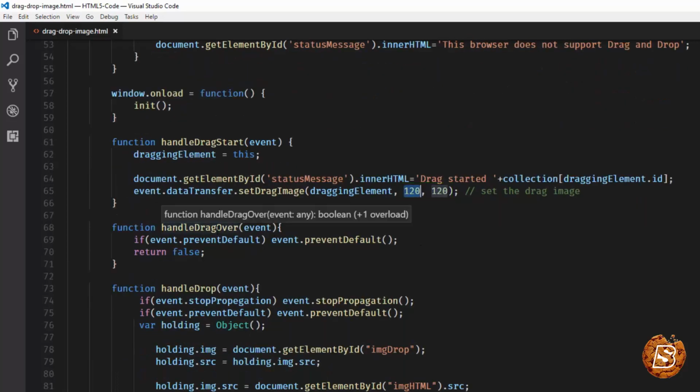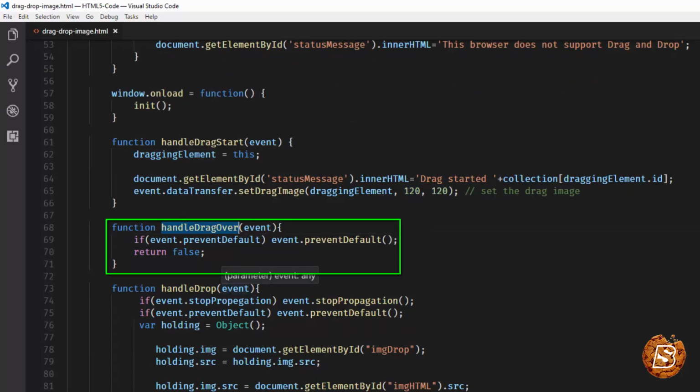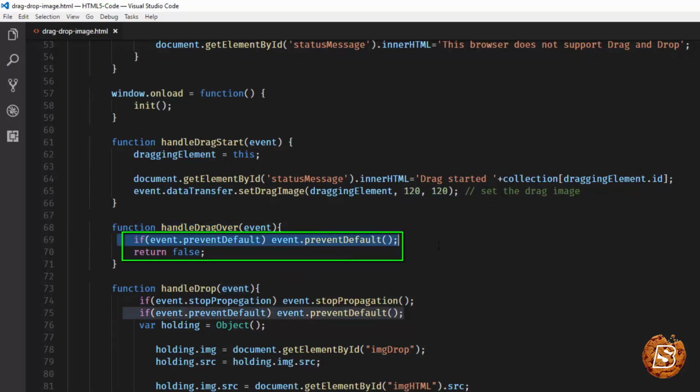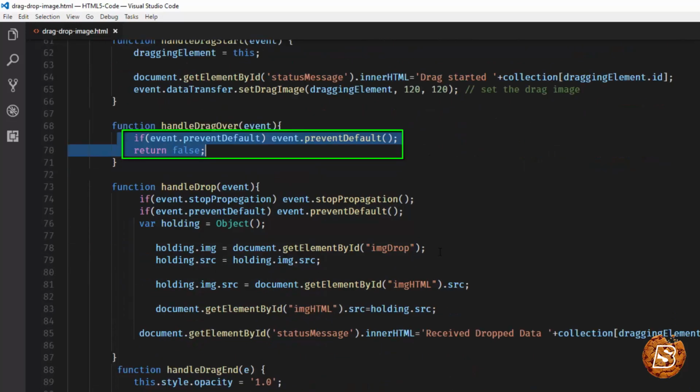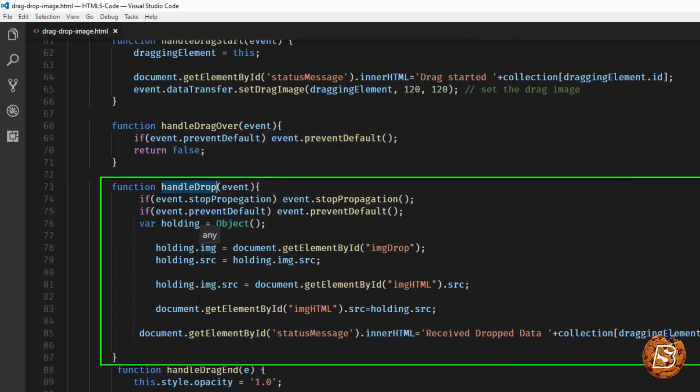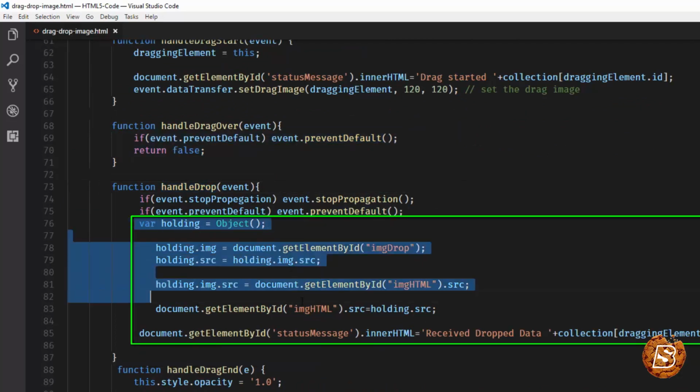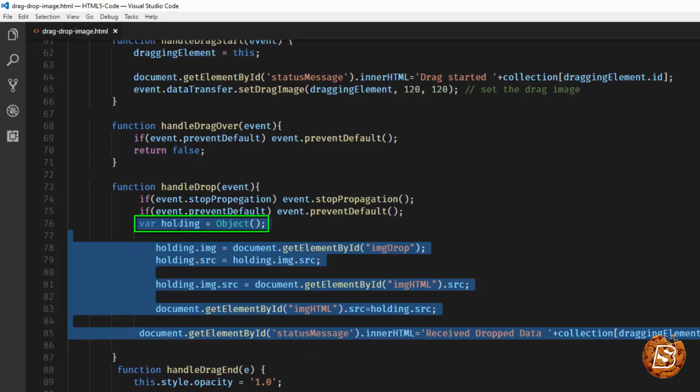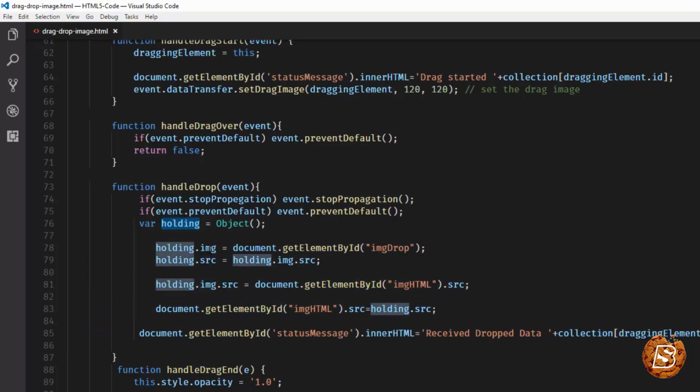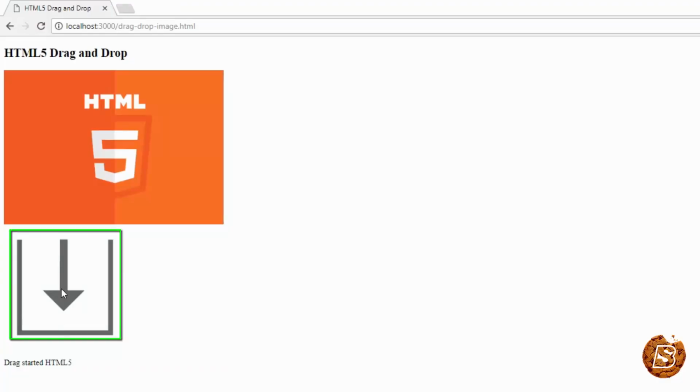Next, in the drag over, we're simply keeping it exactly the same as it was earlier, and then we have the handle drop. Here this is the code which is doing the magic of transferring the image. We have created an object over here, and we've set the image property of that object to the image drop. Now image drop is this image, the one with the download icon,